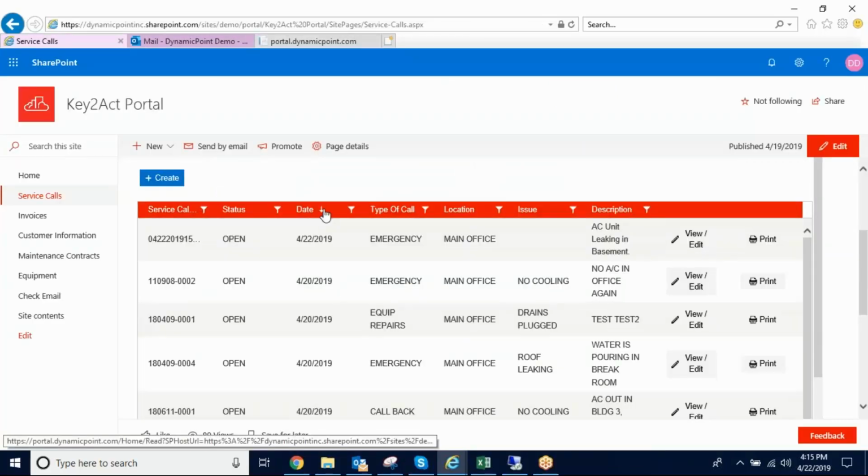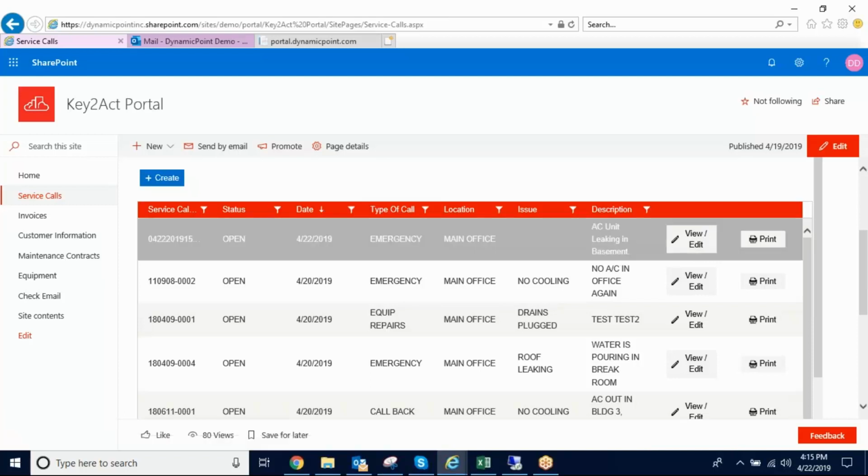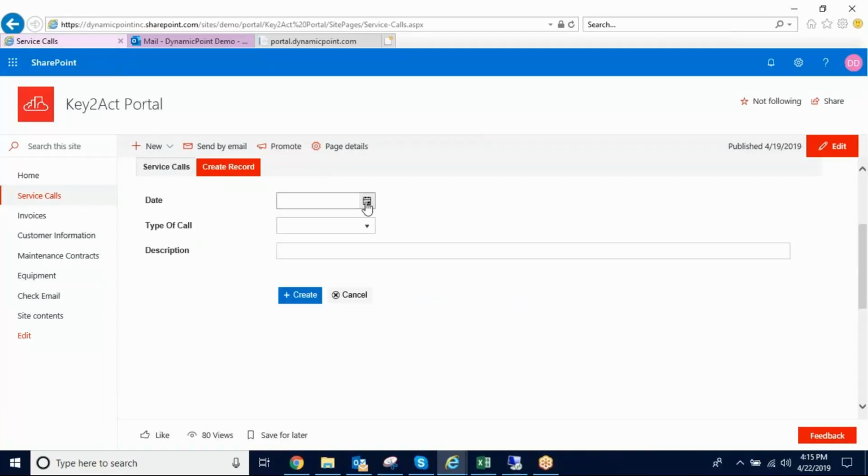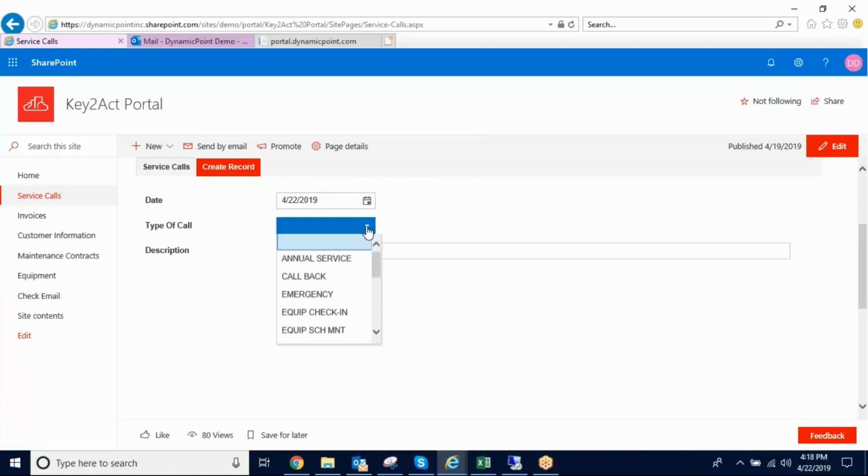So if they're looking for one particular one, they can certainly get there as quickly as possible. But let's also go ahead and create one. Maybe they logged in here and they thought, okay, she should have logged that yesterday, but she did not. You can certainly create a service call very rapidly. Because your user, Accurate Printing, is logged in, you do not need to capture as much information. We know who they are. We can pass that directly.